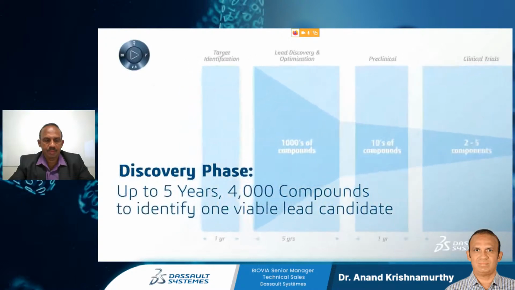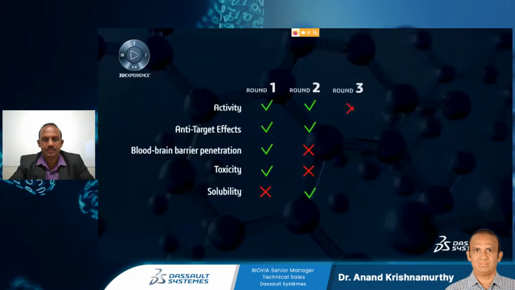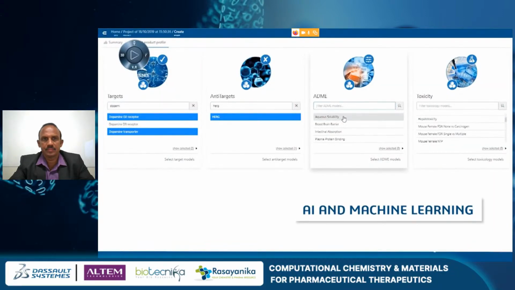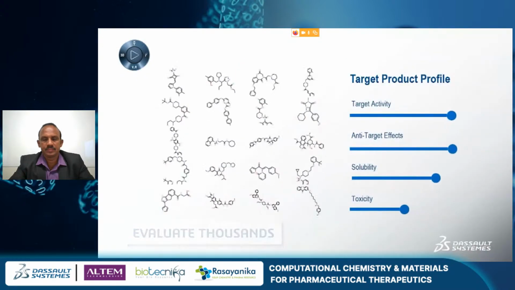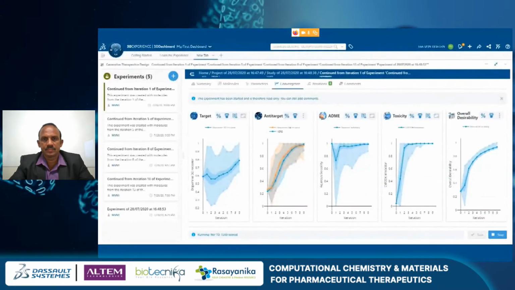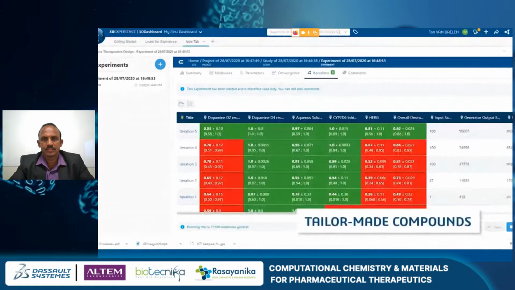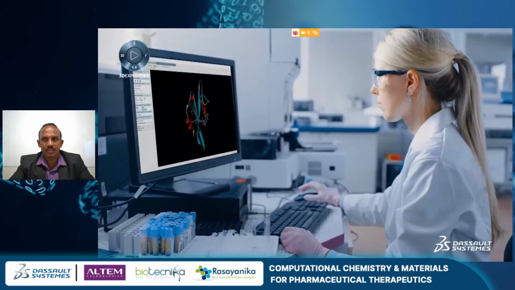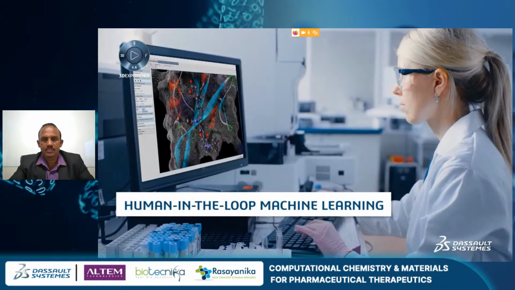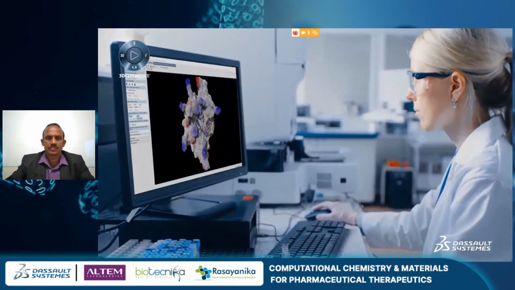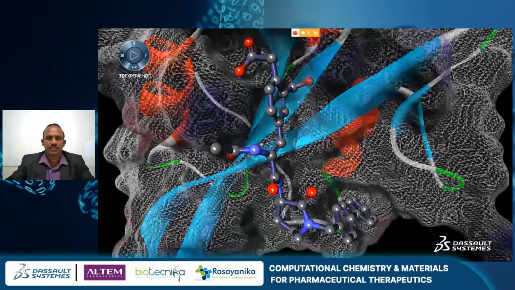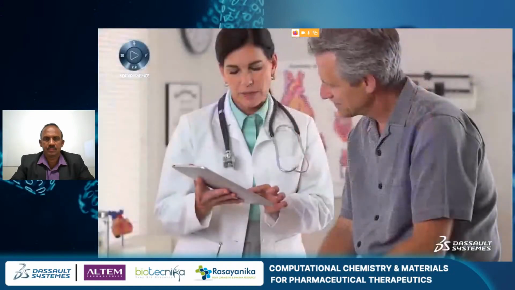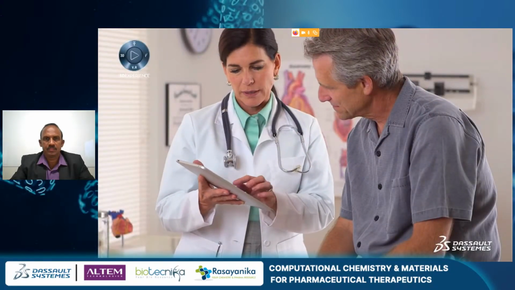5 years, thousands of molecules, many iterations, frustrating restarts just to produce one lead candidate. AI and machine learning can help you explore drug candidates faster to meet a specific target product profile. Generative therapeutics design from Dassault Systems gives you tailor-made compounds with the best chance of success. Combining the creativity and knowledge of medicinal chemists with powerful machine learning tools and cloud computing results in better outcomes and faster drug discovery. Generative therapeutics design transforms discovery. Gaining a competitive advantage with AI isn't the future, it's now.